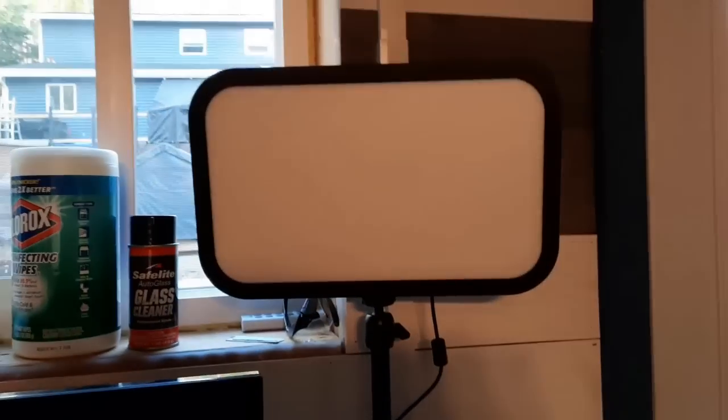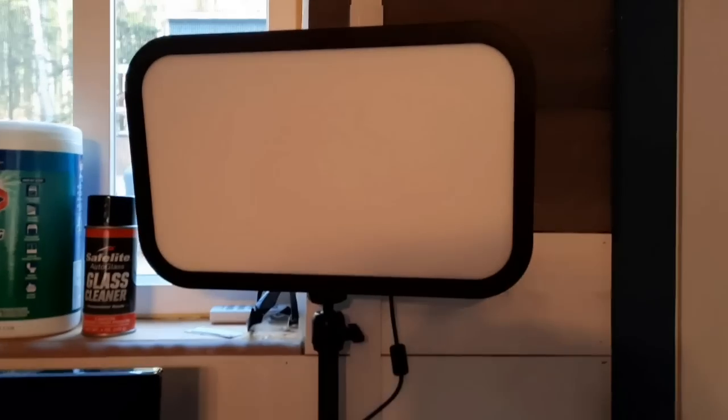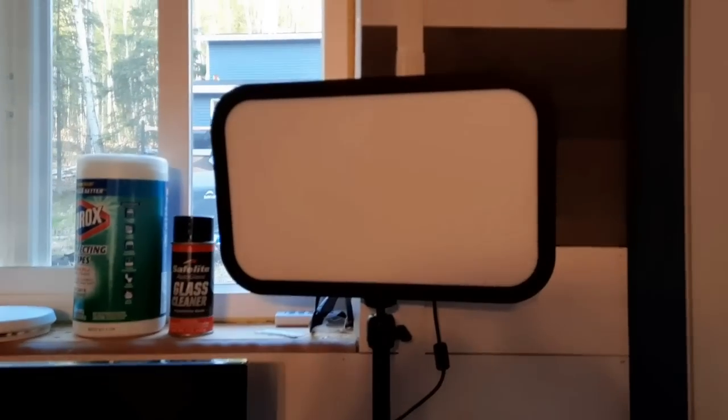Let me show you the one last thing that I have as a peripheral, and then I'll go ahead and show you the editing softwares that I use. Now, the last thing that I have as a peripheral is this light. So in the past, you have probably noticed that I had problems with shadows, and I probably still do because I haven't mastered lighting yet. So with this light, what I do is I just turn it on, and it actually faces my face. So if I'm sitting right here,